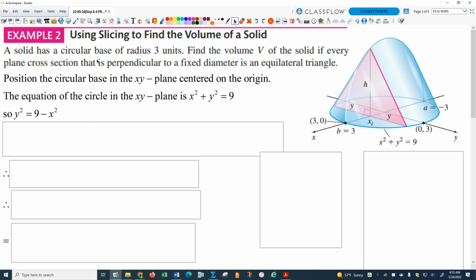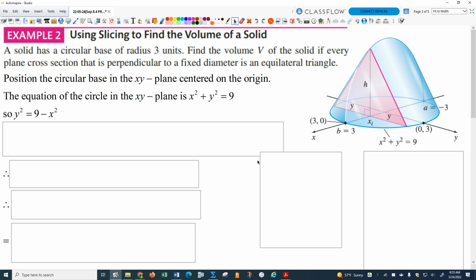So a solid has a circular base of radius 3. And I always kind of think about these, like I call these coffee table problems. Like imagine that you're setting these down on a glass coffee table. Then if you're underneath looking up at the base from lying underneath the coffee table, you're seeing that base, right? All we know is that